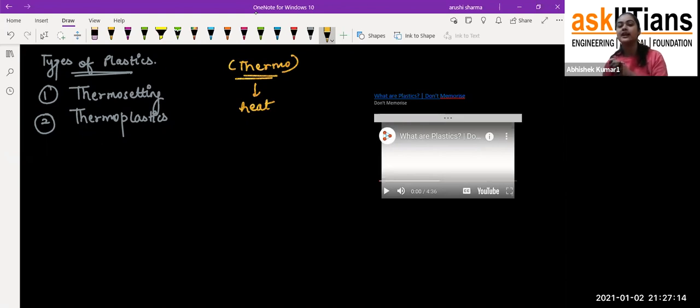But yes, if we talk about thermometers which have mercury, mercury is a metal, right? You'll say ma'am is going to another chapter because you have metals and non-metals also in your syllabus. Okay, we'll discuss it later. But first of all, coming to thermo. Yes, thermo relates to heat. That means when we give heat to something, it increases the temperature, and that's how it is related with heat.